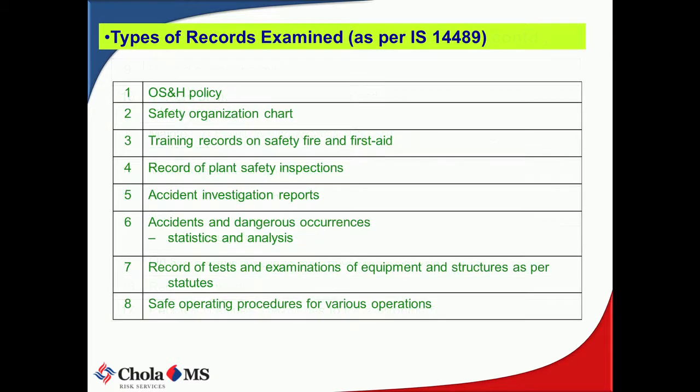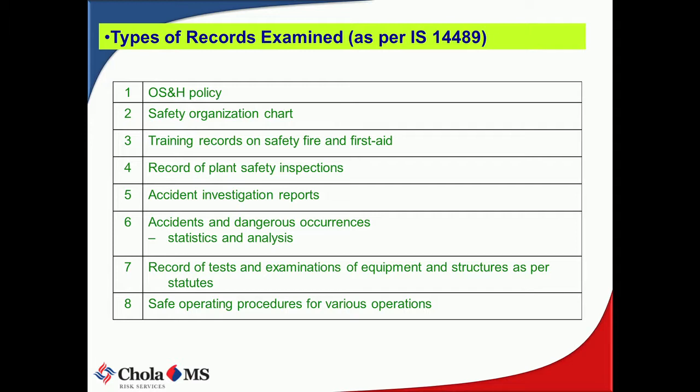So these are some of those records. Once we do the audit site visit, then we'll have to look at the basic records. In terms of occupational safety, we see whether they have a policy, whether the training records are there, whether they have done previous internal safety inspections, what the complaints are, whether they have implemented these recommendations, whether any accident has happened, what corrective action was taken, and whether there are any repetitive accidents.